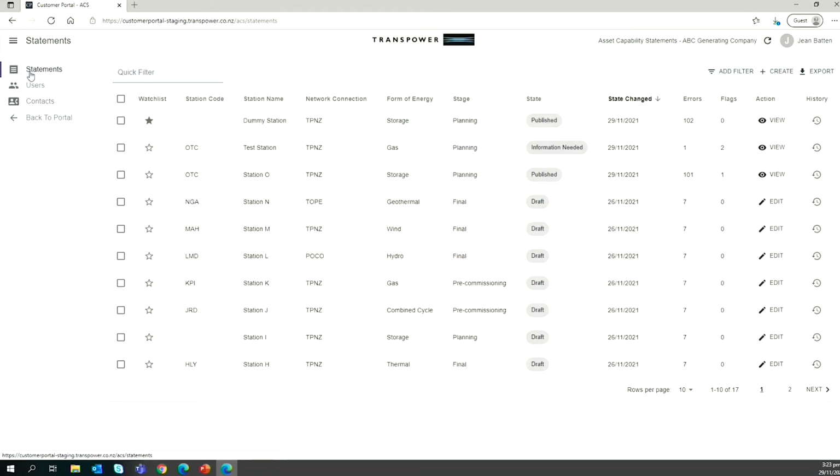Before going into creating a new one, I will just touch on this quite powerful feature that we have up here, which is quick filter. You can either use this to filter by any of the input information that you have within the dashboard, or any particular information that's not part of this metadata, you can actually search from within ACSs as well. So for example, I can search on 3-letter codes,